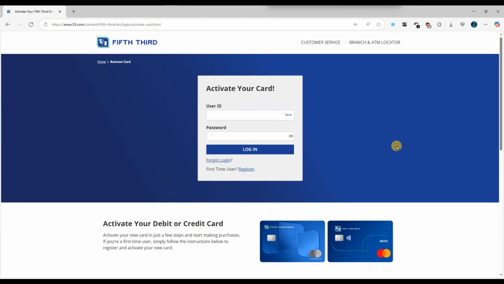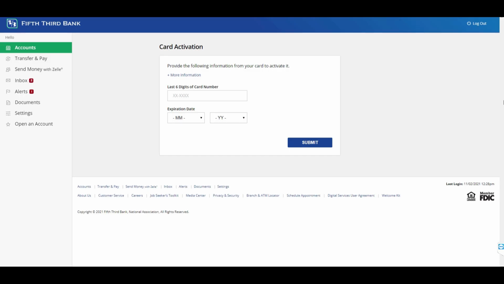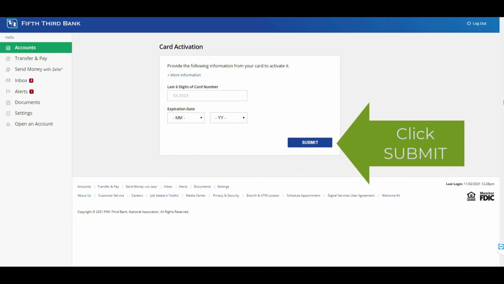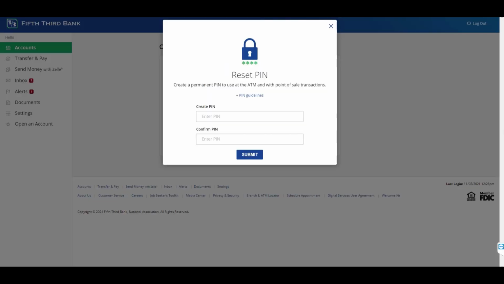Then enter the last 6 digits of your credit card number along with the expiration date and hit the submit button. After successful verification, your credit card will be activated and ready to use for purchases, online payments, and other transactions. If you face any issues during activation, you can contact Fifth Third Bank customer support for assistance or visit